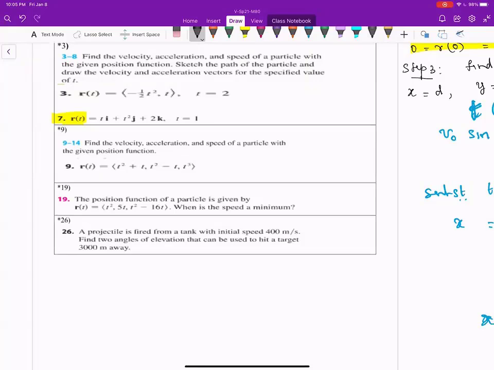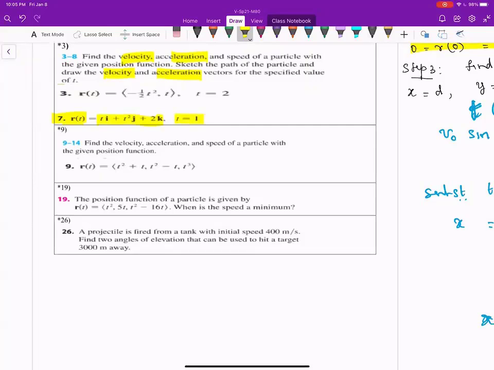So find the velocity, acceleration, and speed of the particle with a given position function. Sketch the path of the particle and draw the velocity and acceleration vectors for the specified value of t. The problem that we have chosen is r of t equal to t i plus t squared j plus 2k at